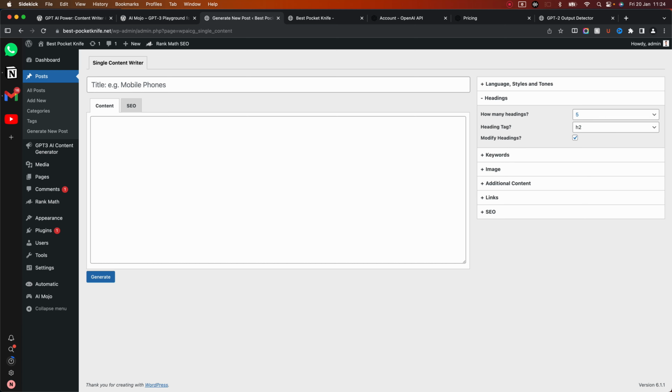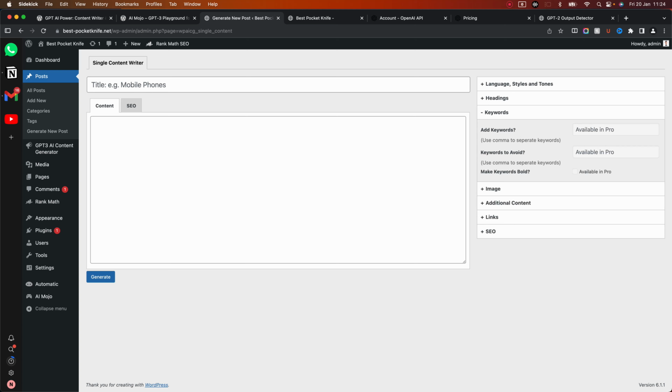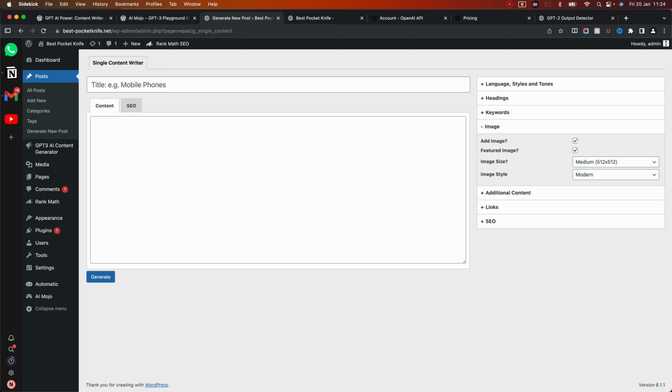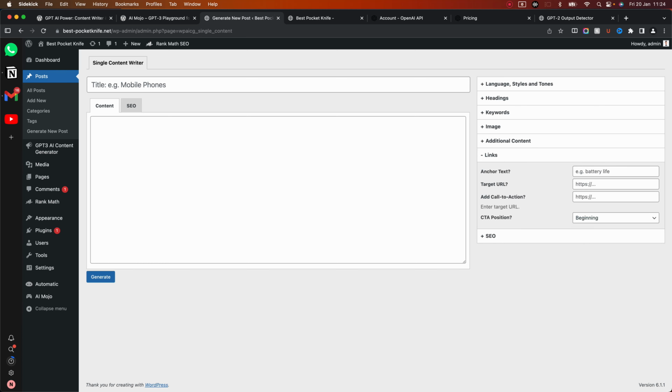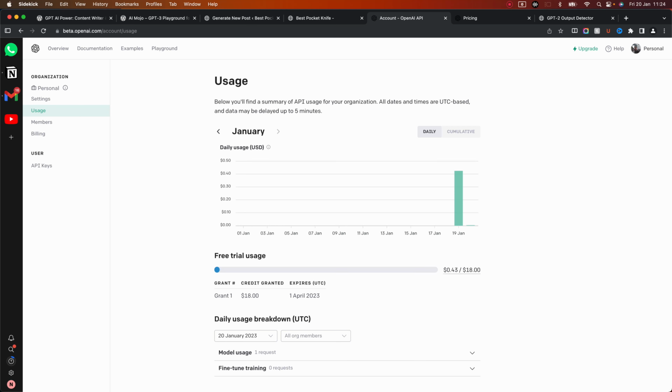In here you see how many headings. You have the option to add keywords, but this is for the pro. In the image you can change the details, add a conclusion, timeline, add an introduction if you want. We can add some links if we want with some call to action, and the SEO description that is set. So let's go and see what the